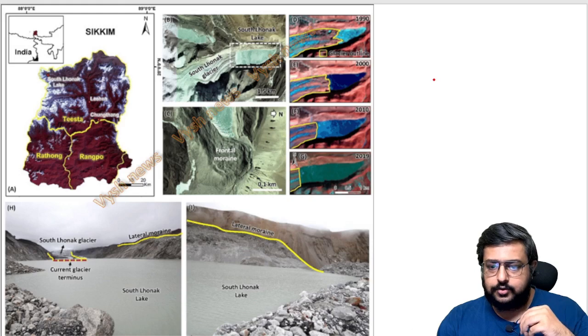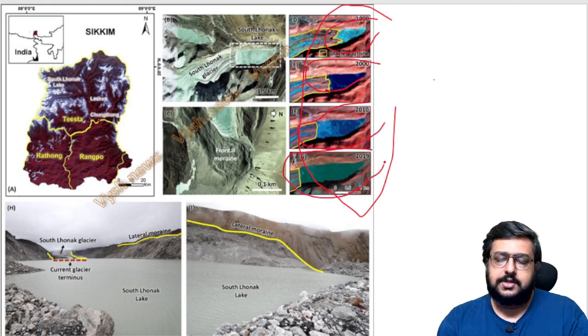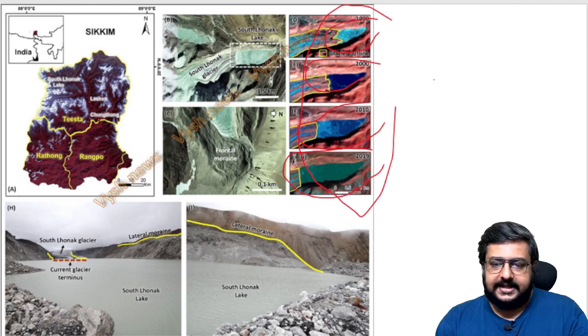If you see this picture, from 1990 to 2019, here it is a very small size. Below, in 2000, you can see a little bigger size. Then in 2010 it's again bigger. The lake is getting bigger, and in 2019 it became this much. Scientists from ISRO and Bangalore's IISc, the Indian Institute of Science, have been saying that this can cause issues.